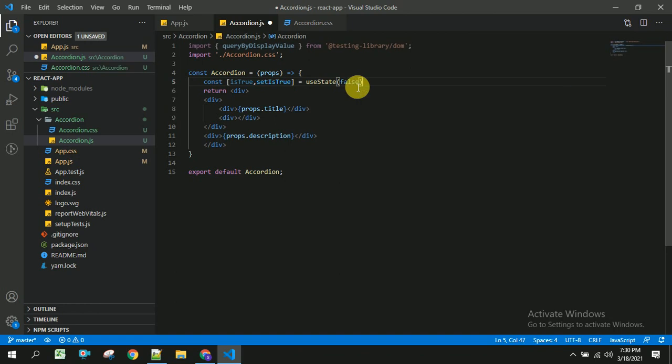It will take initial value as false. So once user clicks on this title, we have to change isTrue. So based on this isTrue condition, I am going to show plus or minus icons to the user.